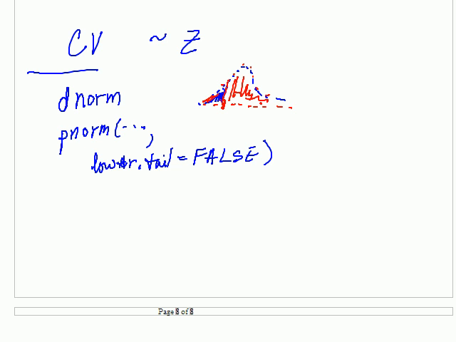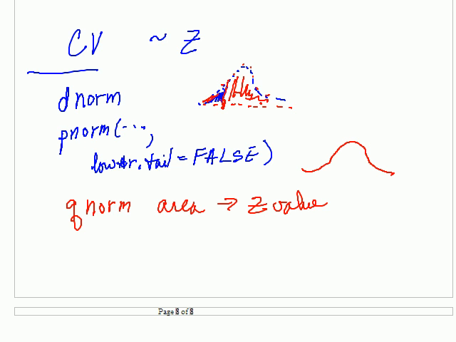Now what we're going to use here is qnorm, and this is in the tutorial for R. And for qnorm, what we do is we give it the area, and it gives us back a Z value. So let's say you give qnorm an area of, I don't know, 0.3, and that would mean you'd be telling R that you want a tail